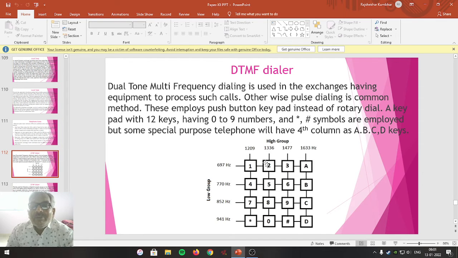For typing, for additional aspect, the same key can be used. So multiple applications are utilized by means of such a dialing system.